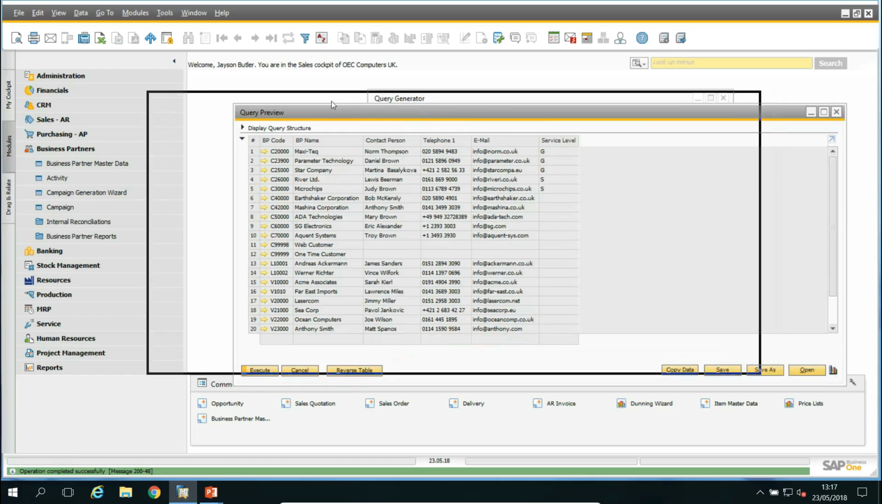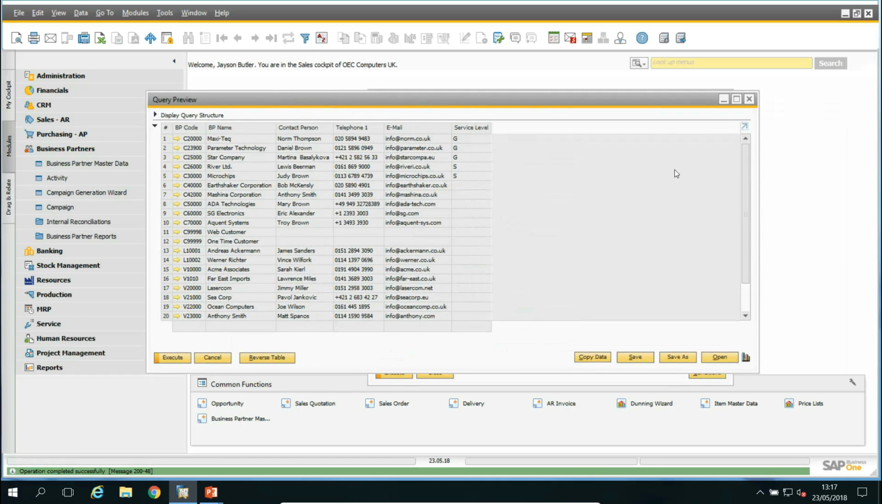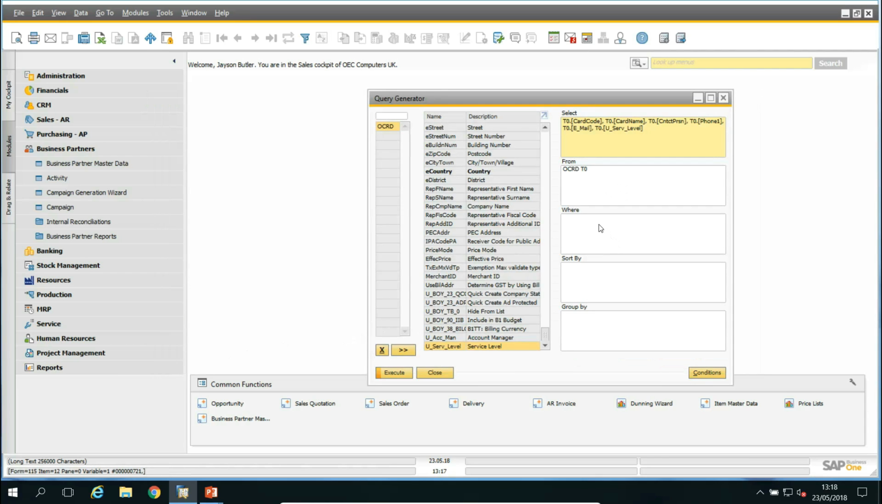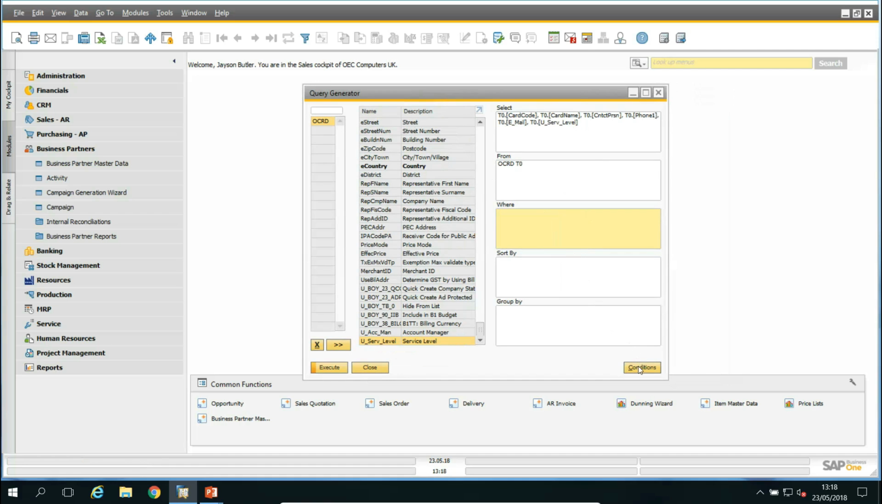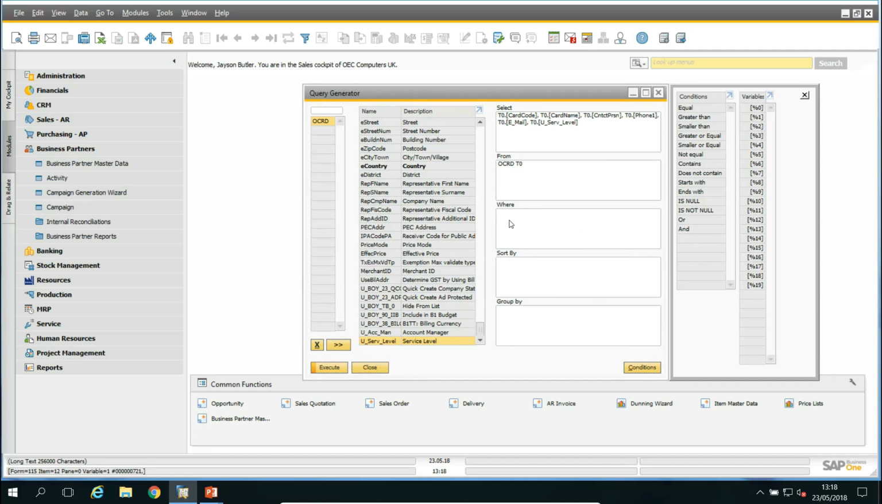So here, just as a basic report, we can see the information we've selected. We can see business partner code, the name, their contact person, their contact details, and the service level we have created and put against them. Now, if you want to shorten this process, the where box actually provides your parameters for the search. So these are also held in conditions. You can choose where service level